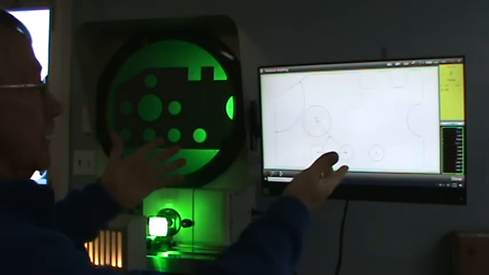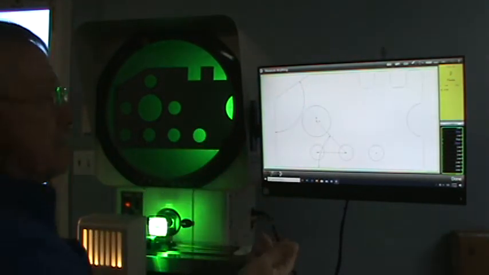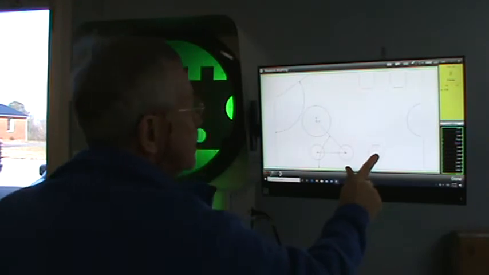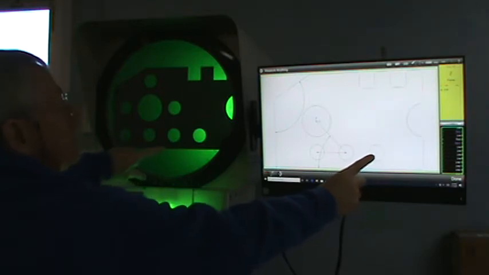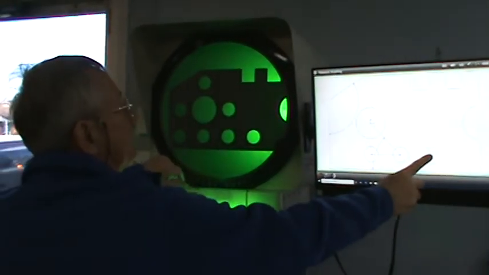I know where I want to go, but I don't know what the numbers are. All I got to do is just touch the screen. So if I touch the screen here, you're going to see it move. So watch the screen over here. So if I hit there,